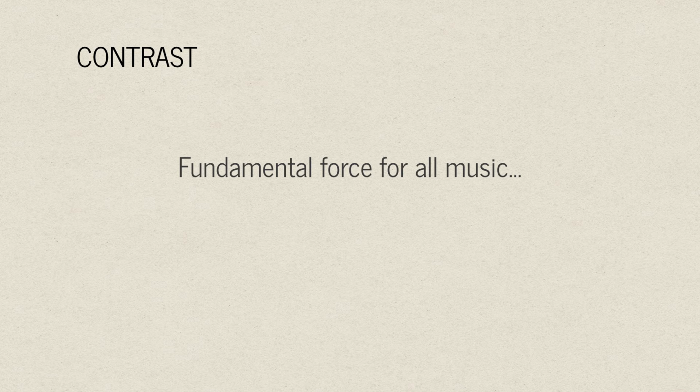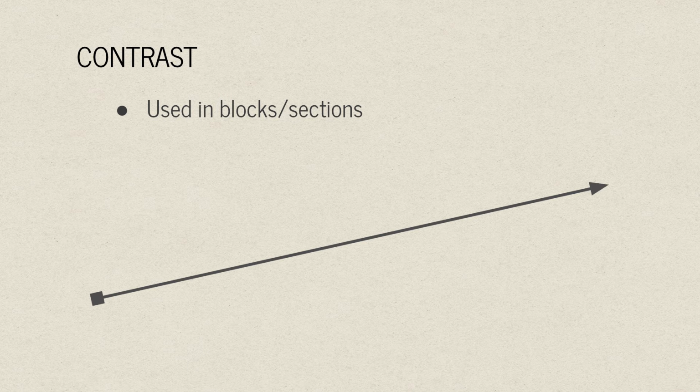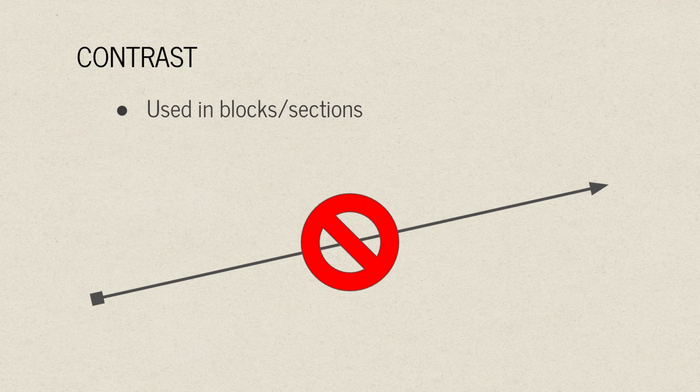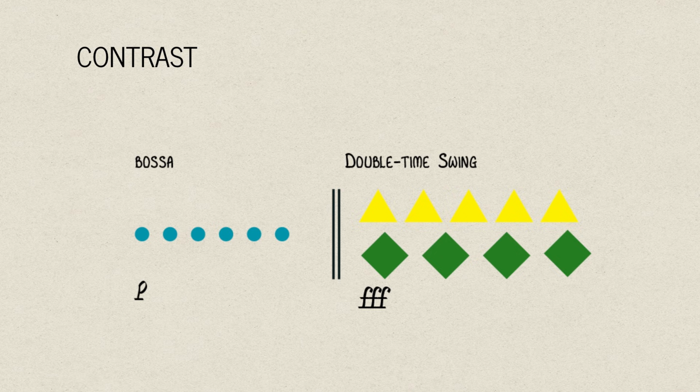Contrast is one of the most fundamental forces of all styles of music, and the use of contrast is like musical rocket fuel for these space-age composers, particularly Esquivel. Esquivel viewed contrast through this sort of space-age lens, and he used it in very specific ways that help define this style. Firstly, when he uses contrast, it's used sectionally. That's to say that the music usually doesn't evolve gradually or build bit by bit like you might hear in cinematic music. Instead, it turns on a dime from one musical setting to a new one with maximum contrast in all ways.